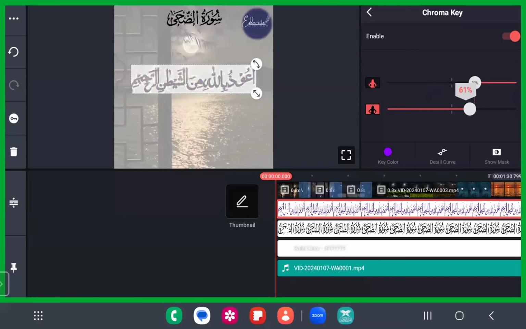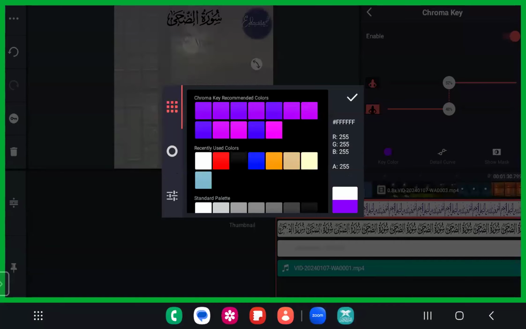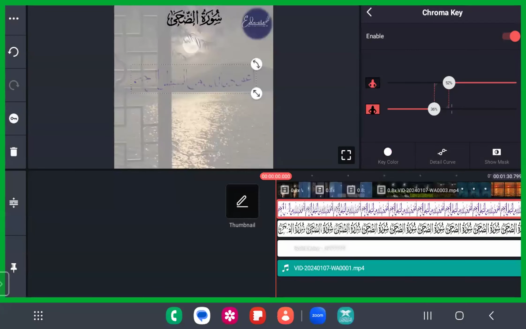Fine. So for now, let me just try with this blue color. Is it working with it? Well, which color should be removed? White color should be removed, right? Just type for the white color. Okay. The key color assigning is very important. Find your sisters and brothers to remove this. Toggle it up, try it out.